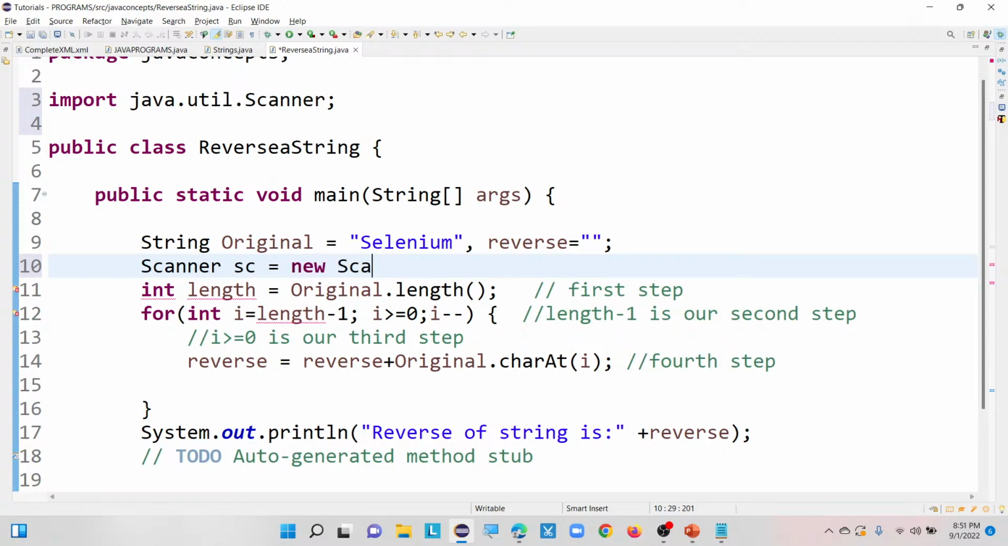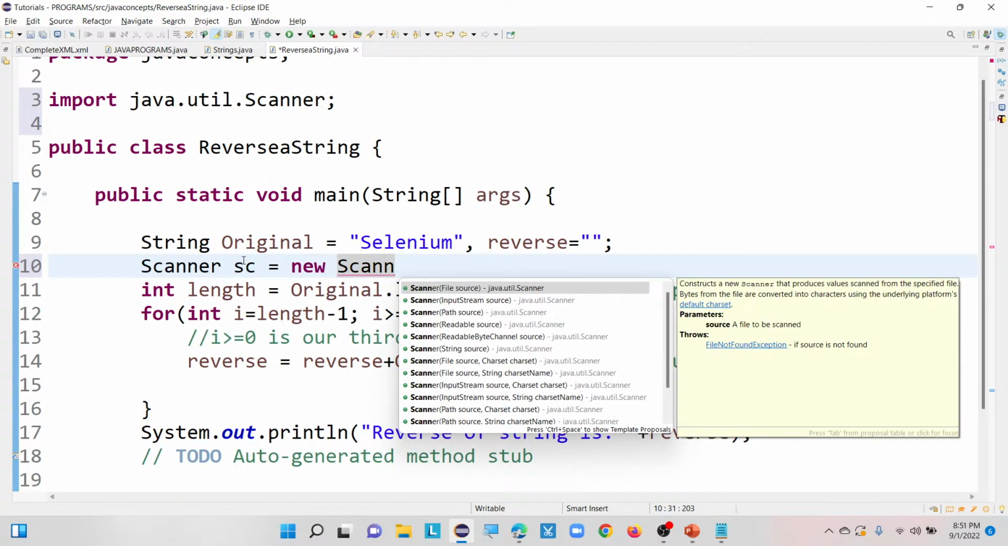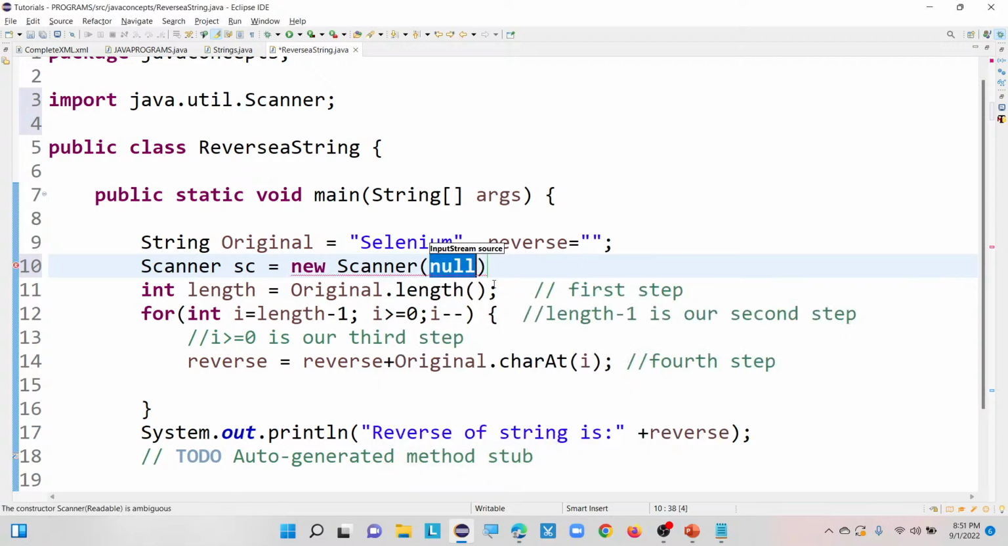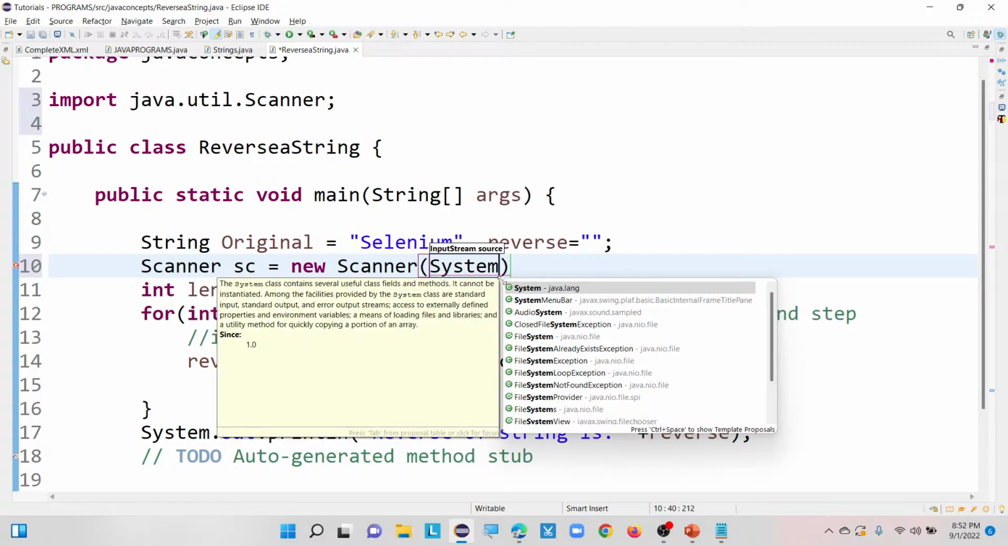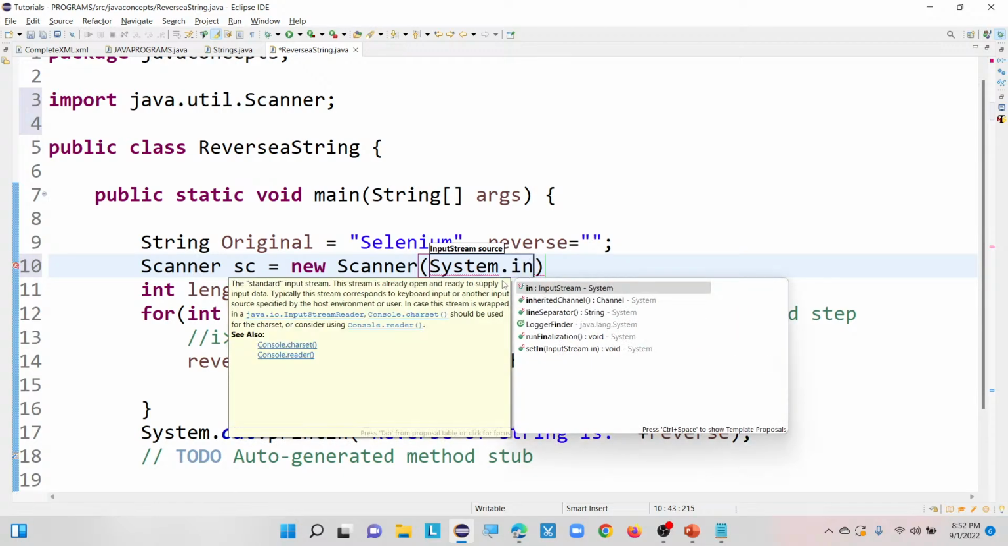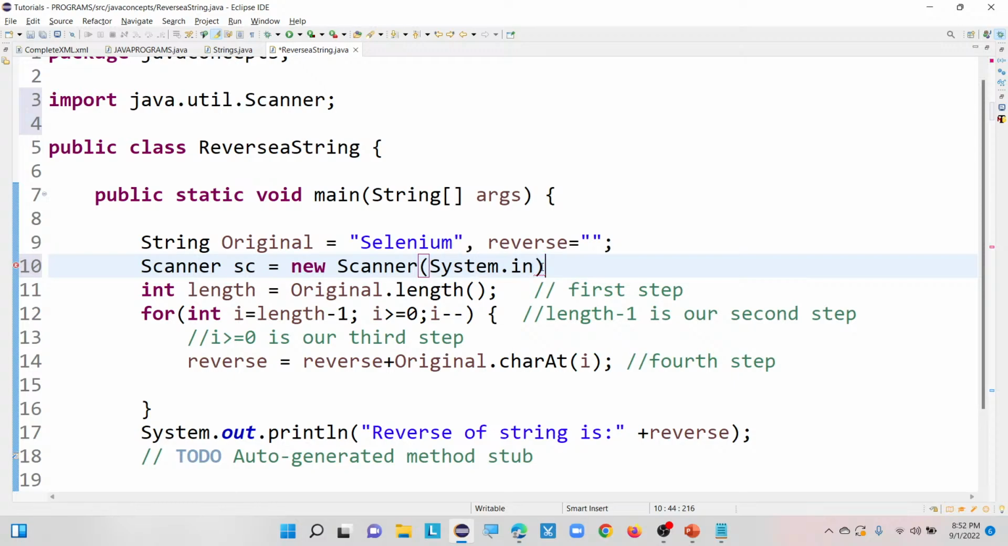So now I am going to create an object here. If we mention a file, we need to mention the file name, but in this program we are going to provide the input from the keyboard. So I'm going to select this constructor, which accepts a parameter called InputStream source. Inside the Java language we have one System class, and with that there is one more member, that is dot in, which will allow us to provide the input from